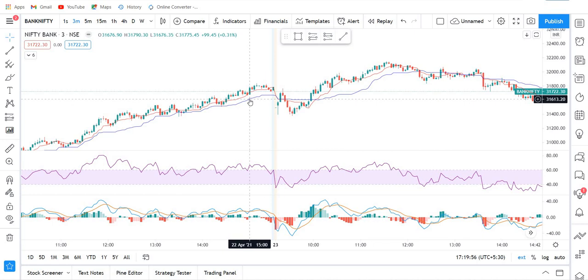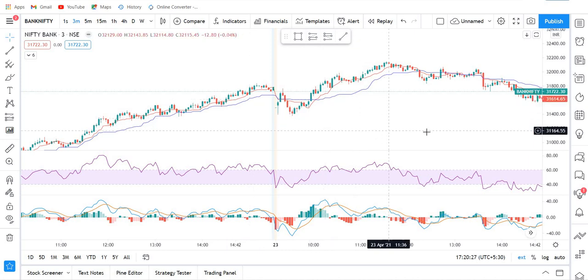Now as our setup is ready, I'm going to tell you the buy rules. Buy if Tenkan rises above Kijun, provided number one, RSI rises above the 60 level, and MACD crossover happens above the zero line at that time. These three things you need to remember: Tenkan crosses above the Kijun, RSI is above the 60 level, and MACD crossover happens above the zero line at that time. Okay, now this is the buy rule.